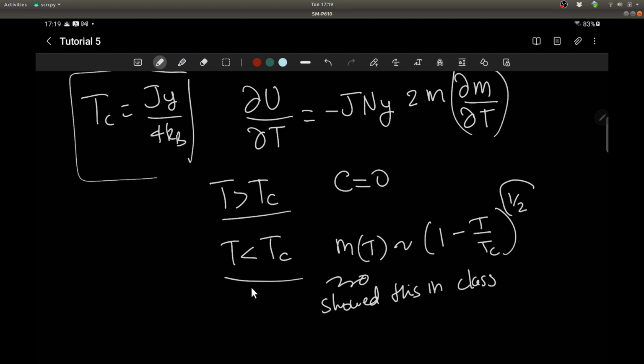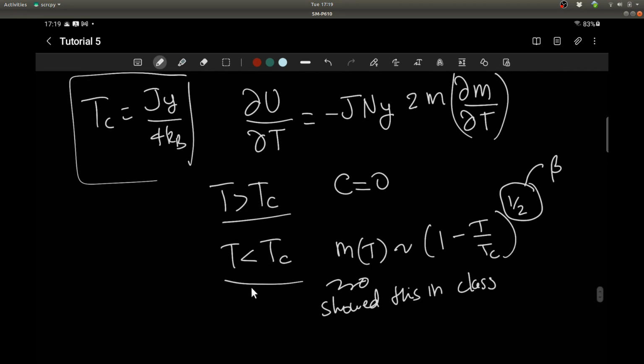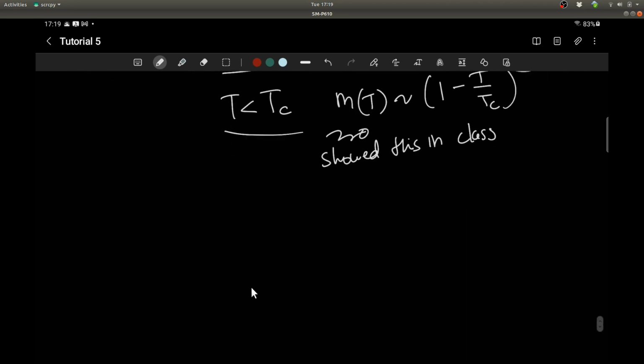And this happens to be another exponent. Does anybody remember what this is called? Beta. Okay, thank you. But now we have to do dm by dt of this. If you do dm by dt of this, you will get 1 minus t by tc power half, which will become minus half. So dm by dt